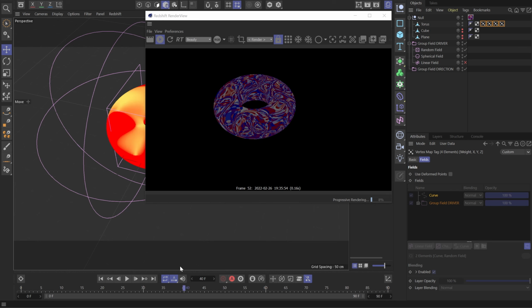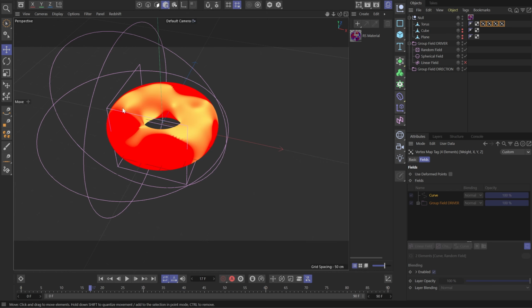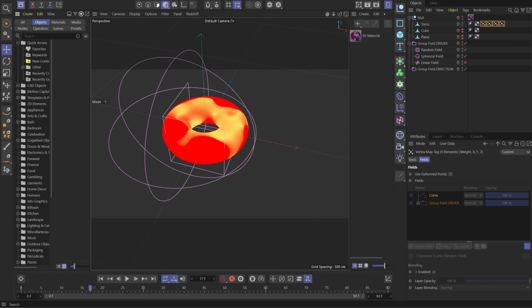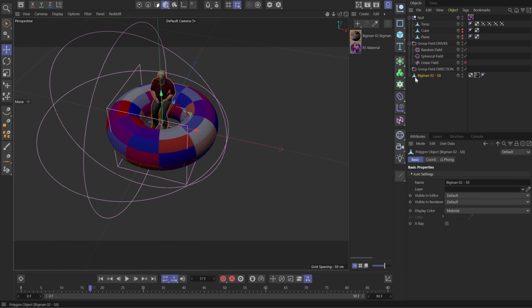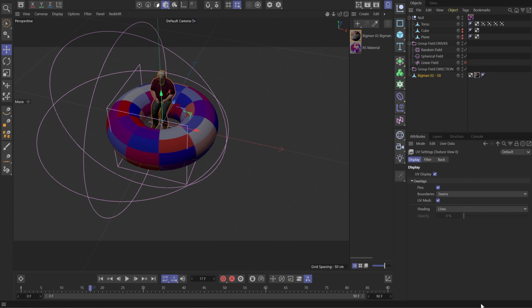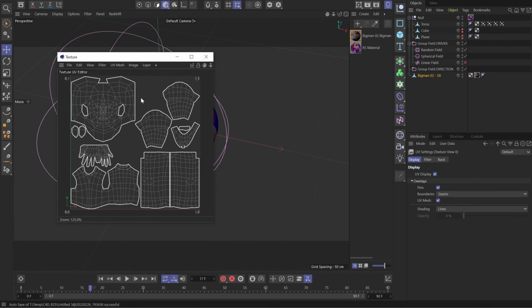That's a nice effect. Now let me hide this. And actually I'm going to show you how it works with different objects. Let it be big man from the library. And comparable to the primitives, this model has a specific UV map. Let me open the texture view. You see there are some blank spaces between UV islands,